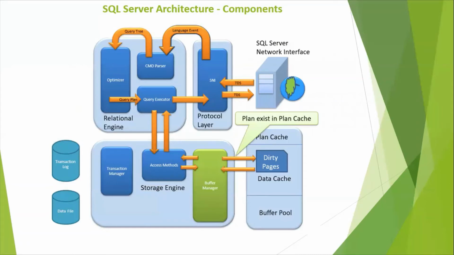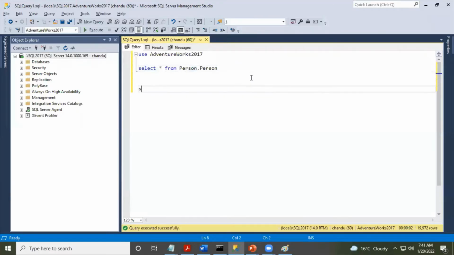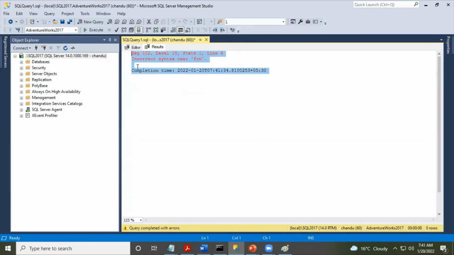It checks whether there are any syntactical errors, for example select star from person dot person. I think you already know that person is a schema and the second is a table name. If you execute this and try to parse it, which is what we call the parser, you get an error as syntactical errors. This is what the command parser does: it validates whether there are any syntactical errors and sends them back to the